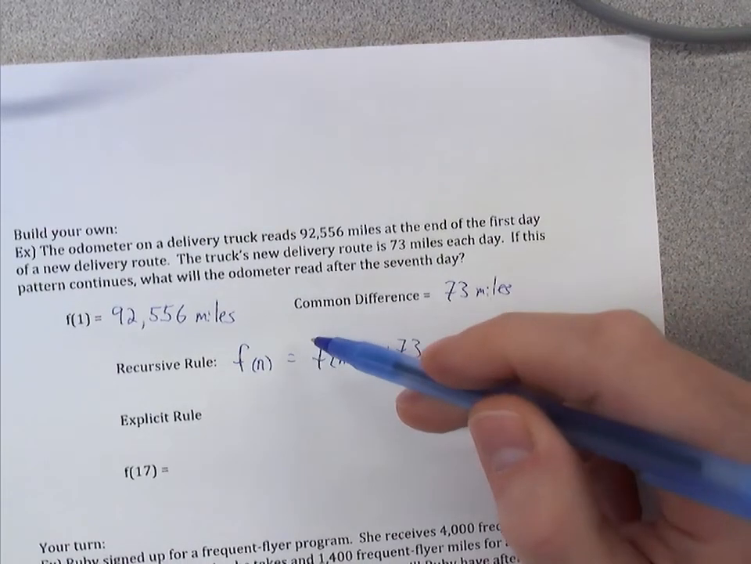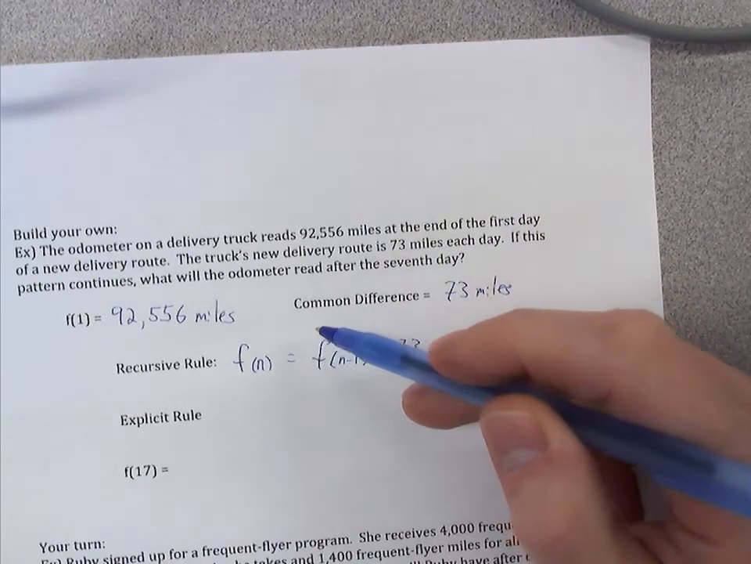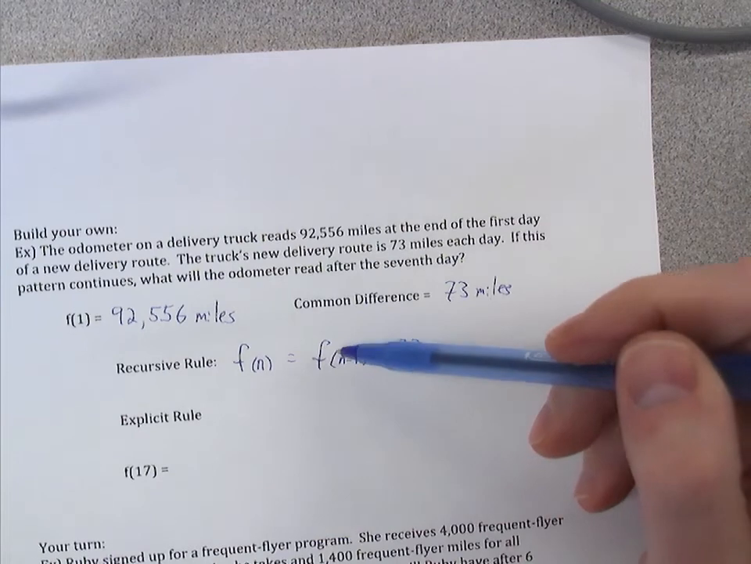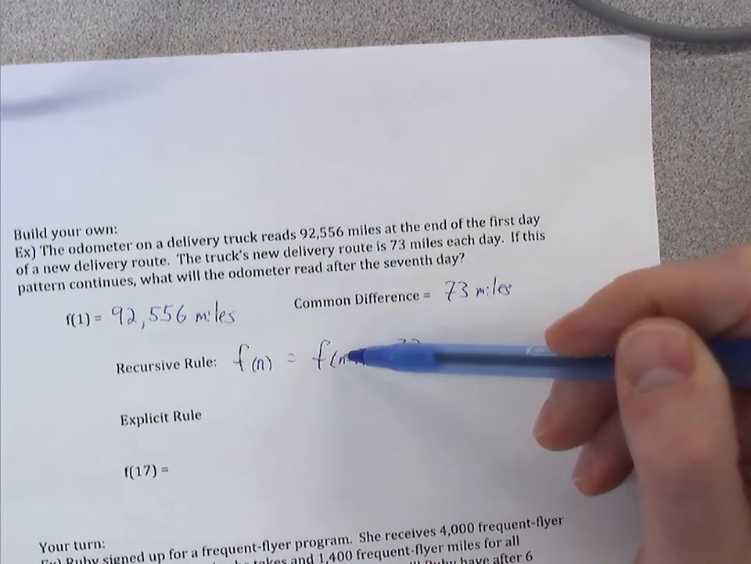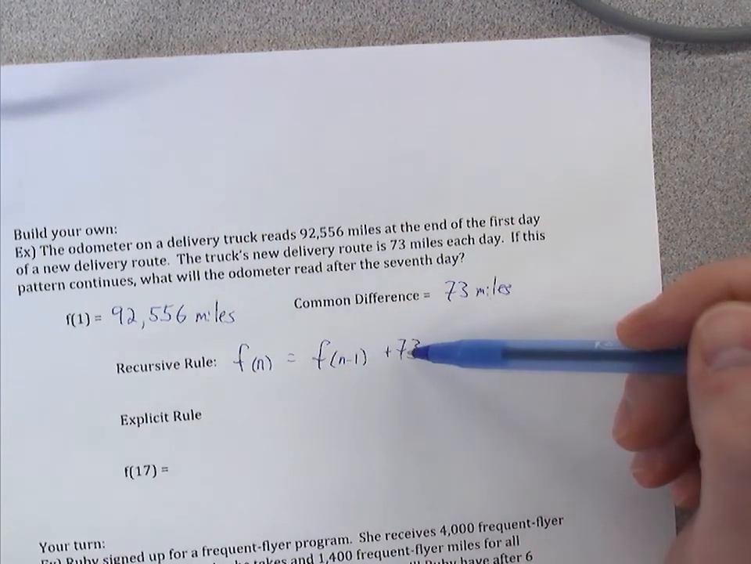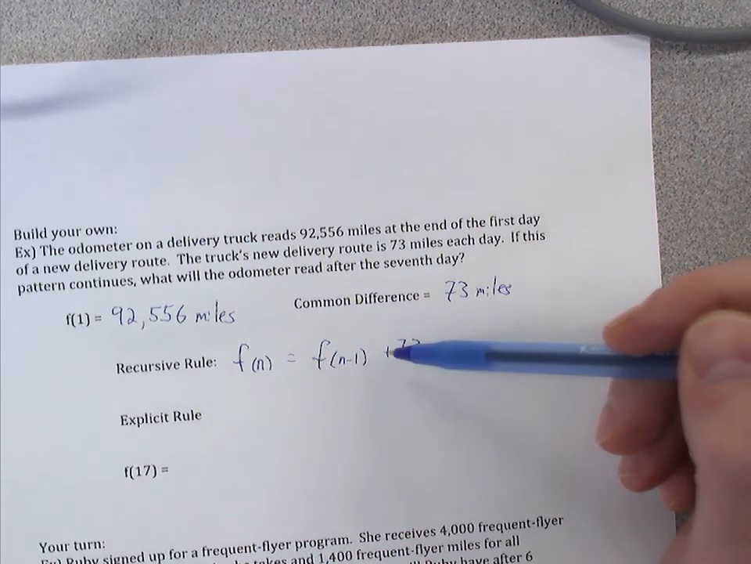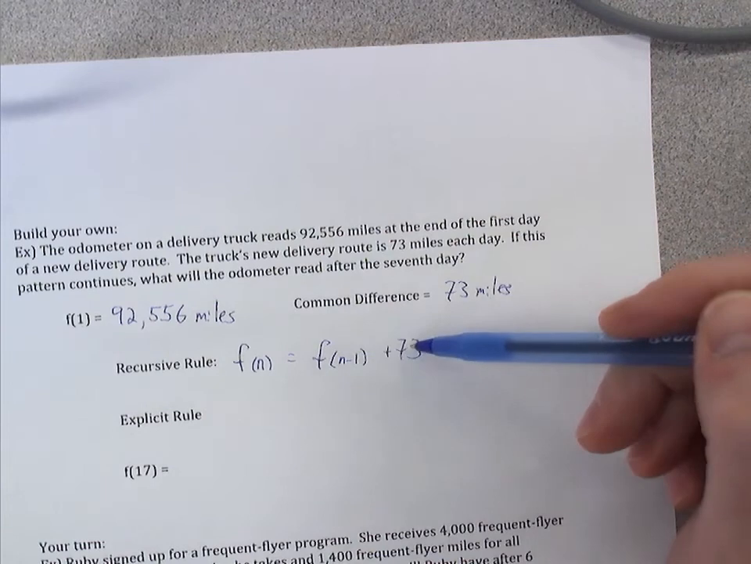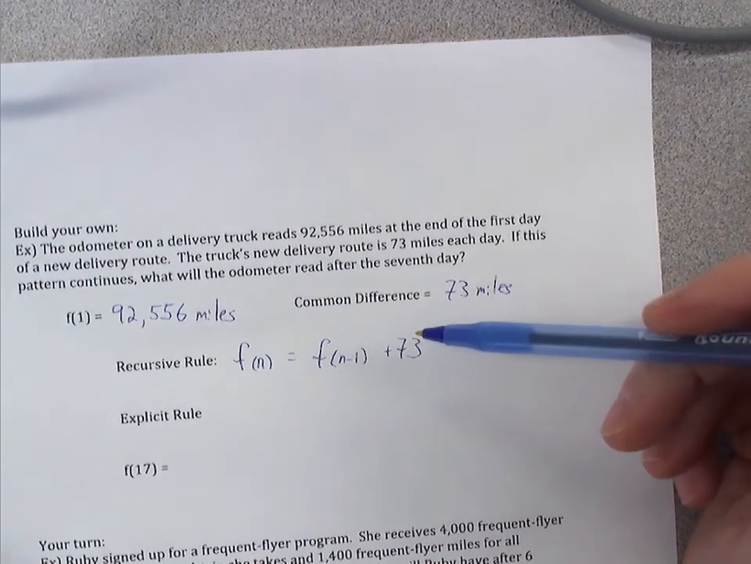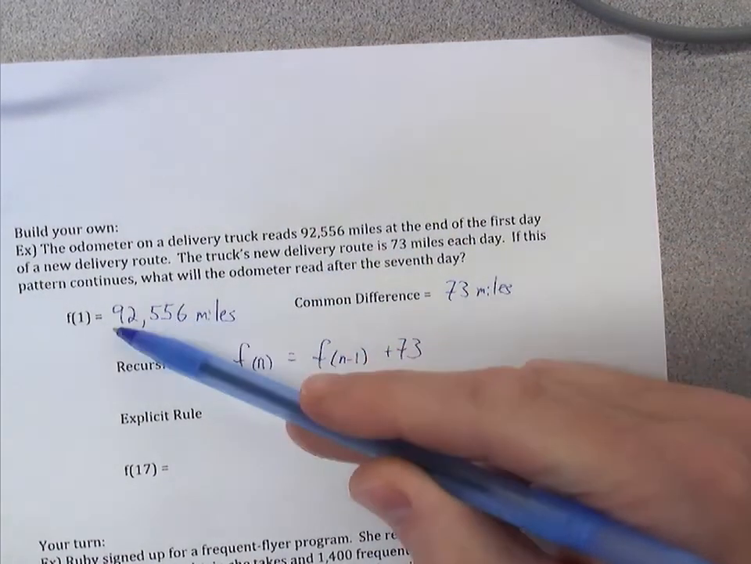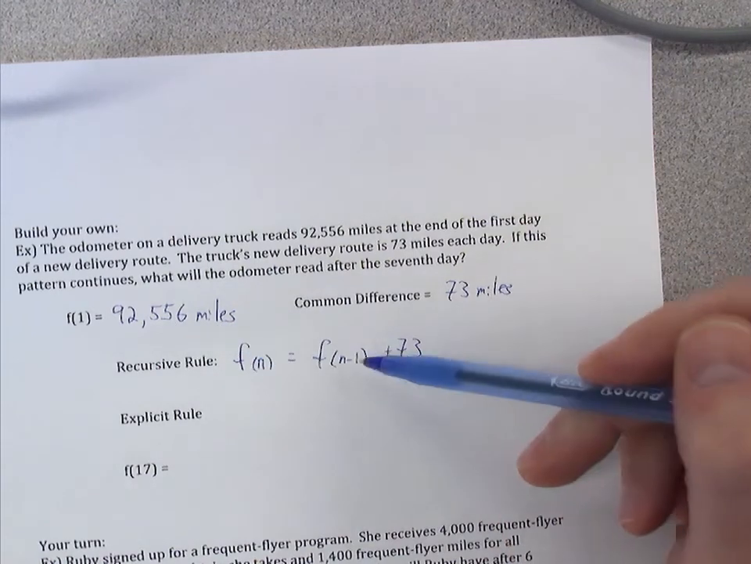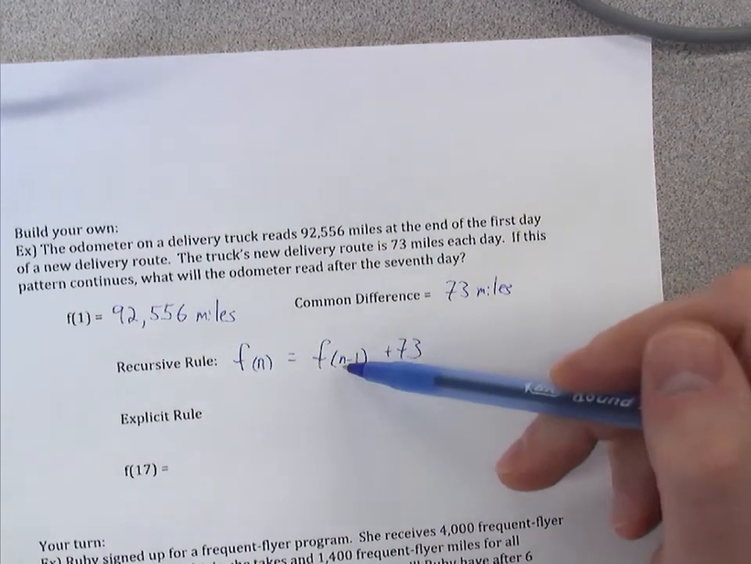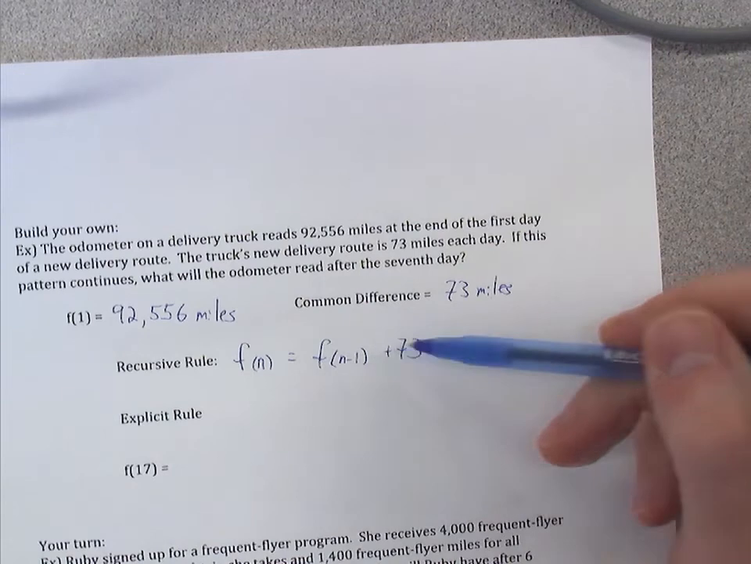So essentially what this is telling us is that every time we change a day, we're going to add 73 miles. Okay, that's what the recursive rule is telling us. So if I had 1 day, 1 minus 1 is 0, and so I'm not going to add 73 miles. So on day 1, I'm starting with my original mileage. But then if I go to day 2, 2 minus 1 is 1, and so I'm going to add 73